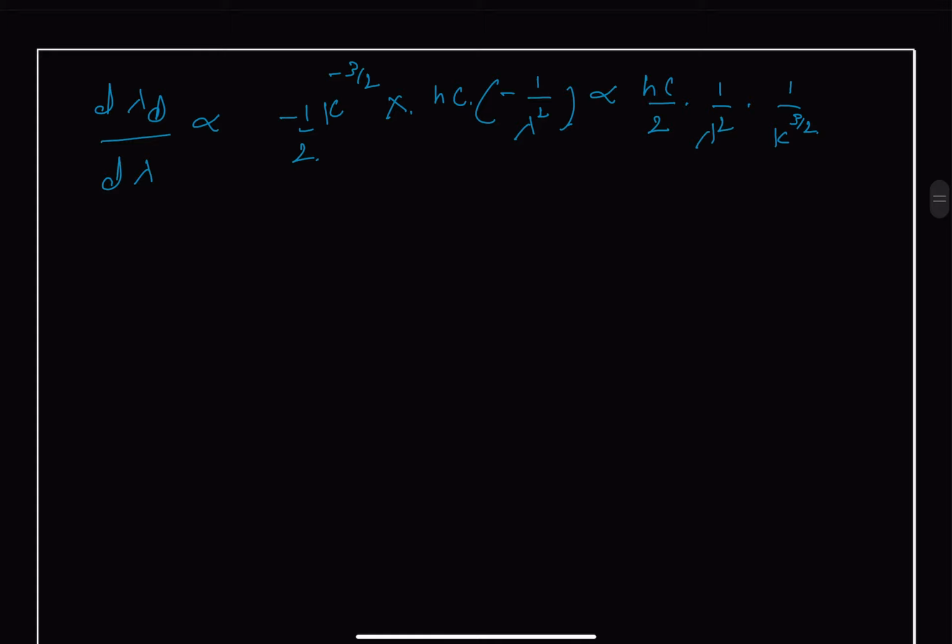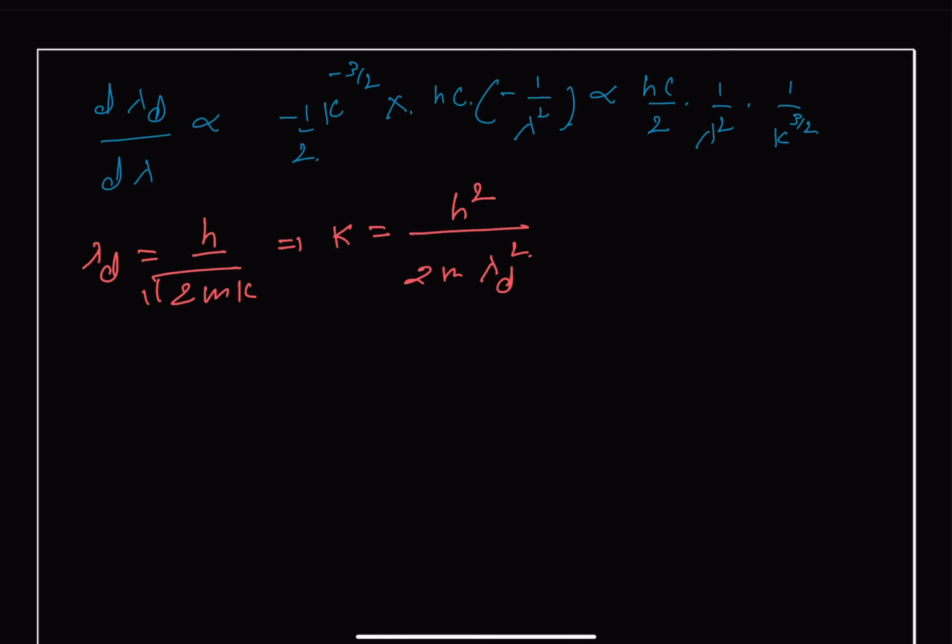Let me write it here. We know that our lambda d is equal to h upon square root of 2mk. This gives us that the value of k will be equal to h square upon 2m lambda d square. So we substitute the value of k,